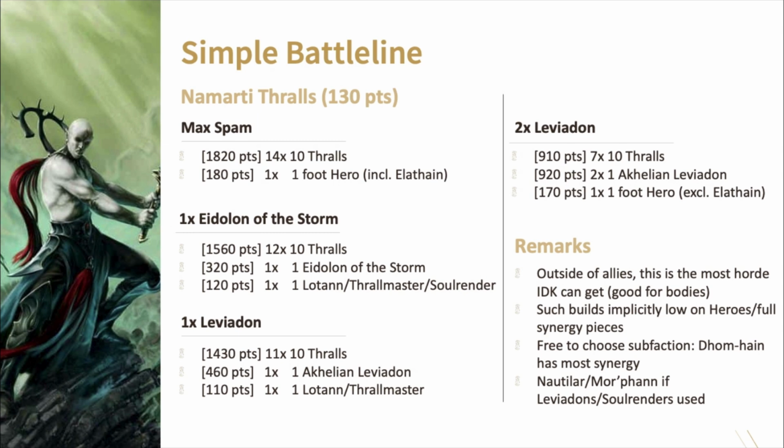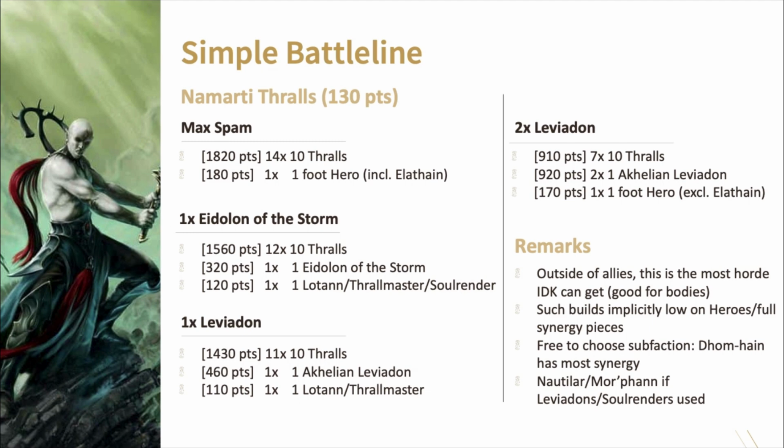All right, so what we're going to do in these slides is kind of up the ante, leaning into a different build. And I've put at most 4 builds on each of these slides. So this one's got Thralls plus 1 Eidolon of the Storm. The idea being that the Eidolon of the Storm gives a 12-inch Holier Than Bubble that gives you +1 to wound for all your Idoneth guys in melee. Notably, it doesn't boost the mounts of different units, which is a large chunk of the army, but considering we're spamming Thralls, it's going to be benefiting the Thralls fully, which is good, putting them at 3s and 2s,